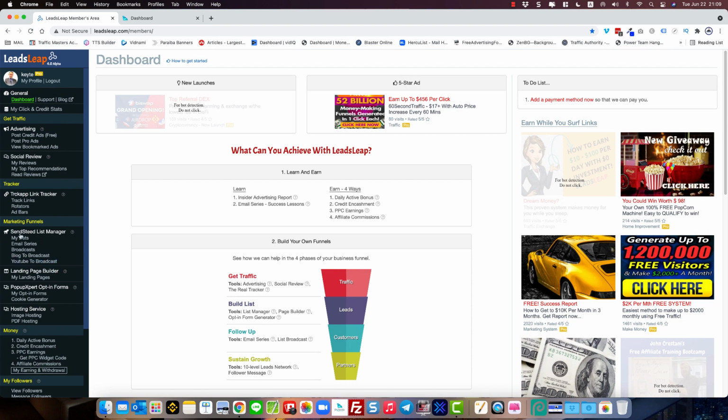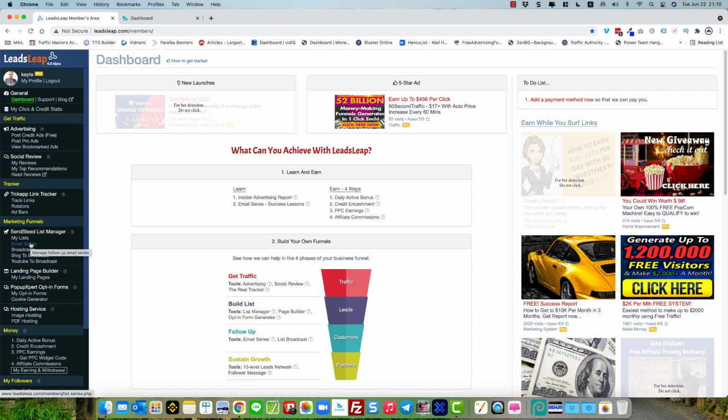And also you've got a full-blown mailing list manager. Now, if you're a free member, you can still collect leads using this system. Just to give you an idea, this is kind of like Aweber or GetResponse, that kind of thing. It's a mailing list system. Even free members can use that to collect leads, and then once you collect leads, either from a capture page or some sort of opt-in or a pop-up window on a page or whatever,